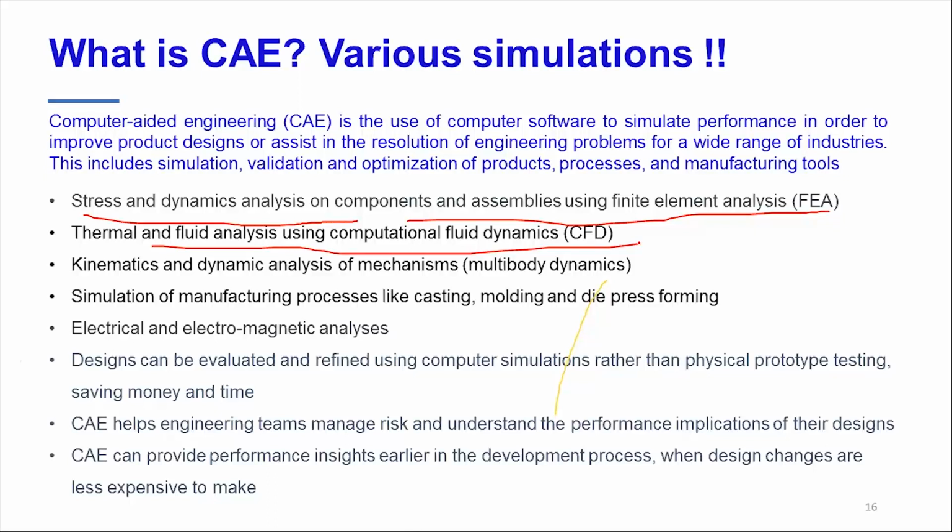Then you may want to check how the kinematics is. I mean, let's say if you take a crane, and when you try to lift something, how that lever is working, how that angle varies, or how the motion. 4 bar mechanism is something which you all might have heard. Okay, so that's something which is kinematics. I mean, how with rotation of one link, the fourth link is getting rotated.